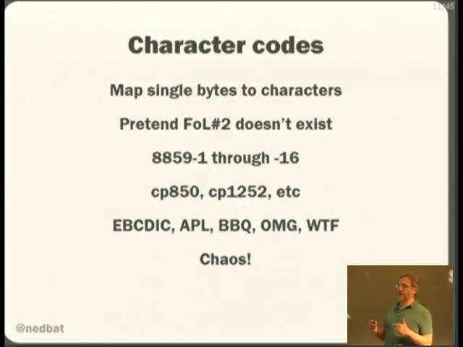So to deal with the more than 256 symbols needed, the first idea was, why don't we just have a bunch of different 1-byte character codes, right? So we'll map single bytes to characters like ASCII and ISO Latin 1 do, but we'll pretend that fact of life number 2 doesn't exist by just having lots of different codes. And that just added to the confusion because there are all these different codes, and it meant that at any one time we could only still use 256 symbols at once. And there are single languages out there that have more than 256 symbols, not to mention that we need to mix them together, and there's special symbols, and there's math, and there's snowmen, and all sorts of things that for some reason we need to communicate.